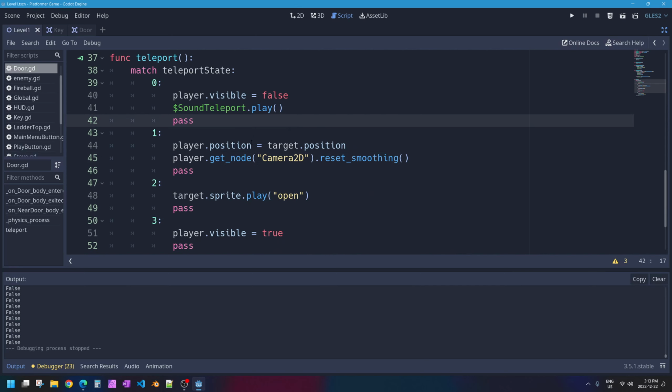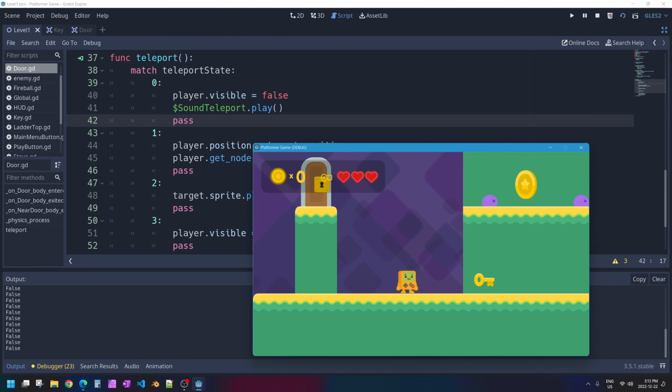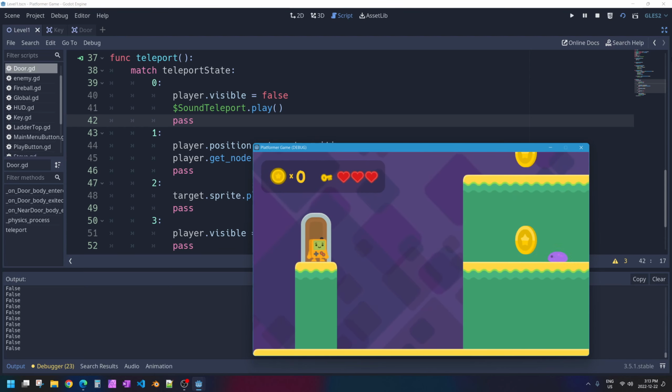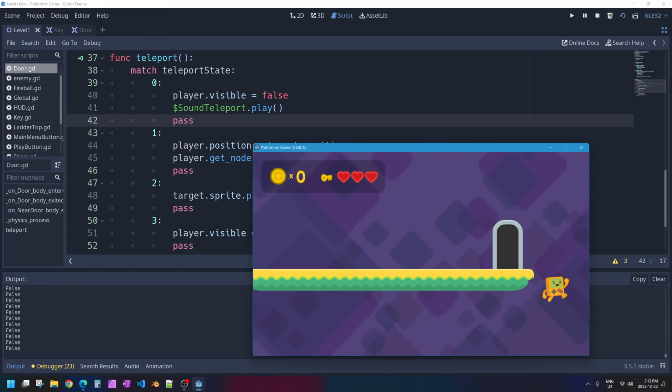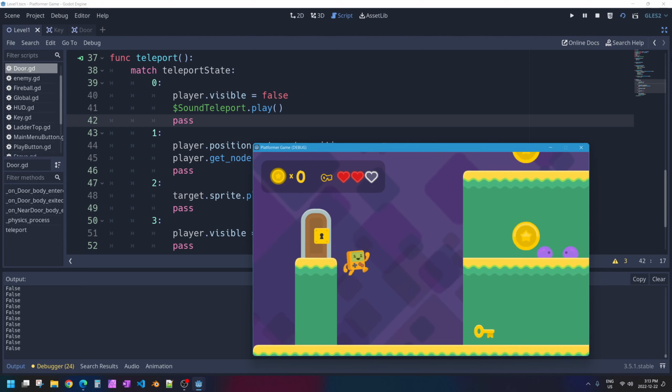Okay, just a couple more little things to tweak about this. I'm trying to make this as perfect as I can for this video. What isn't going right in this game? If I save this code and go back to level 1 and press play scene, if I go and collect my key and I go up to my door and I press up, but then I immediately press right or left, I press right, you'll notice how, well, I died because while I was being teleported,